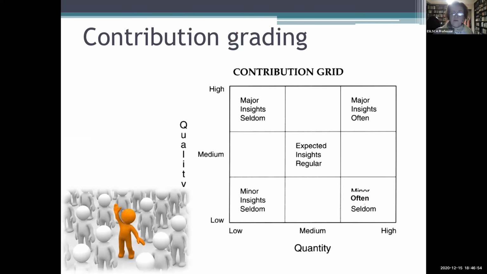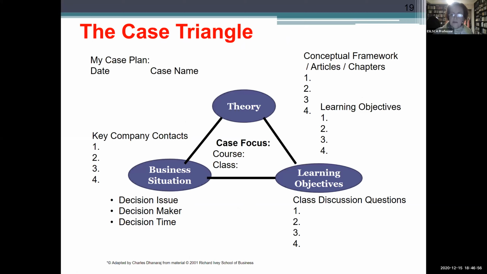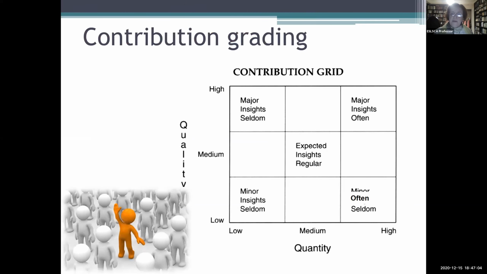And okay, so now I'm going to talk about contribution grading and orchestrated improvisation. The thing is that when the students participate, usually they have very poor listening skills, so they don't listen to each other. And you need to be there to establish some ground rules about who will be talking. So you should be the director of the orchestra, and the students are your orchestra. So you tell this person talks, the other person talks, and you identify who will be talking. You also explain to them that they should build on each other's answer.